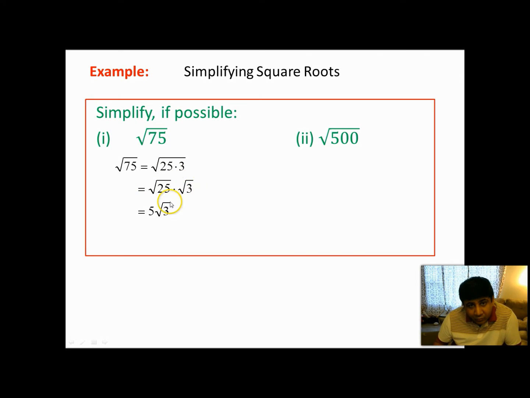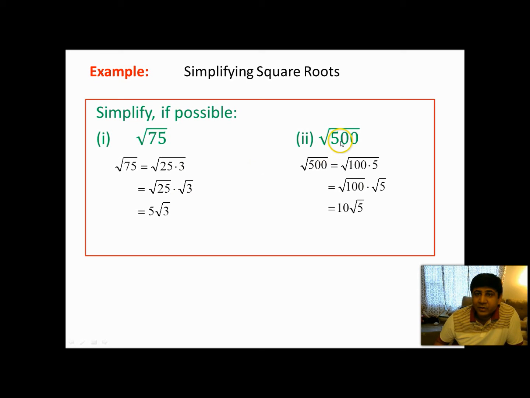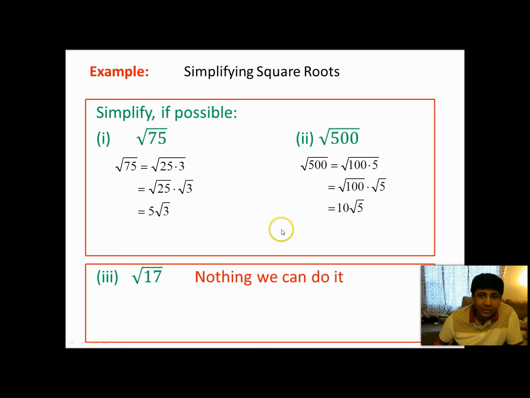Nothing we can do with the square root of 3, it's not a perfect square of anything, but 25 is a perfect square of 5, so that square root disappears and we have 5 square root of 3. Similarly, we can write 500 as 100 times 5, separate the square roots, and we get 10 times the square root of 5. Now let's look at one example. Suppose we have square root